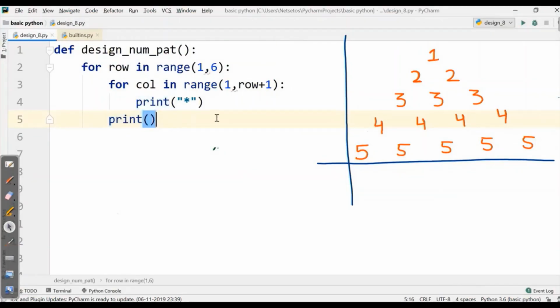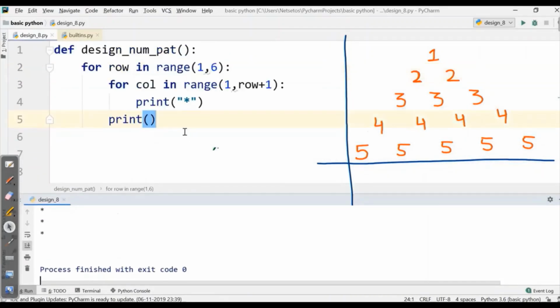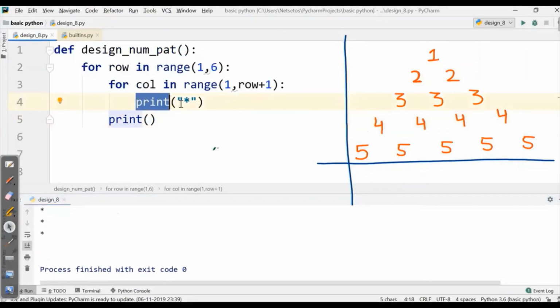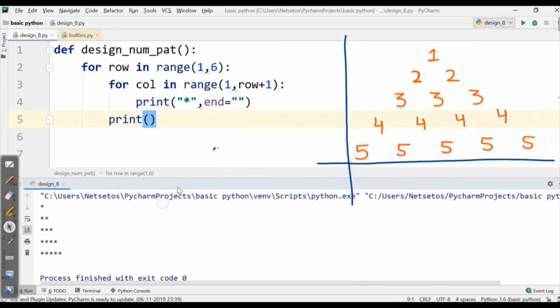So when I run this, here I got in different lines because I have written just print. For making these stars in the same line, I just need to write end is equal to apostrophe. So when I run this, I'll get all the stars in one star in second row, 2 stars in third row, 3 stars.